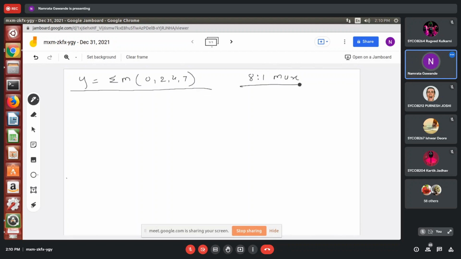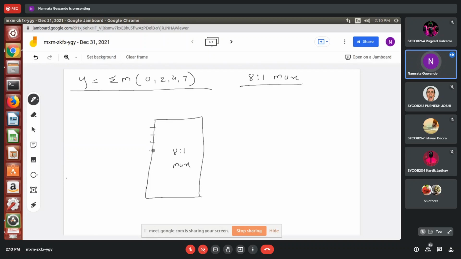For that, you know that this is the summation of m, sum of product terms. Whatever the min terms are present, you have to connect them to logic 1 in the mux circuit. So here the IC of 8:1 mux will be required.